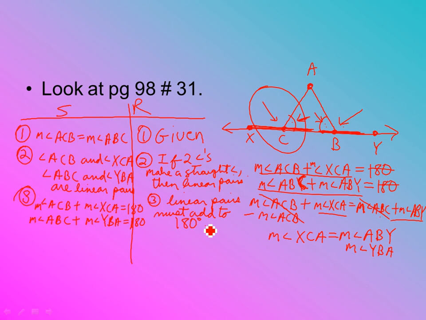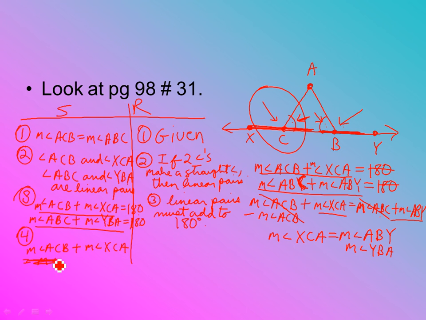So linear pairs must add up to 180 degrees. Number 4, once I know all that, if both these add up to 180, then I know that that whole thing has to equal that whole thing. So the measure of angle ACB plus the measure of angle XCA has to equal the measure of angle